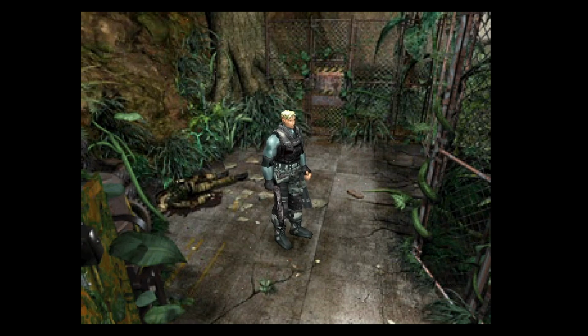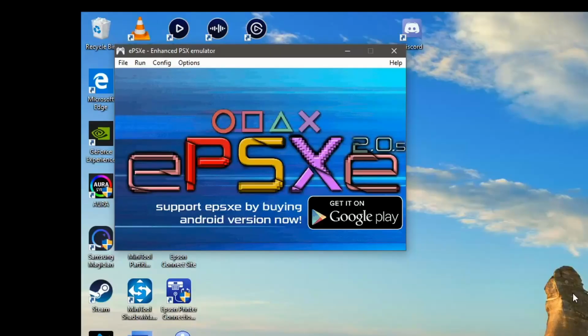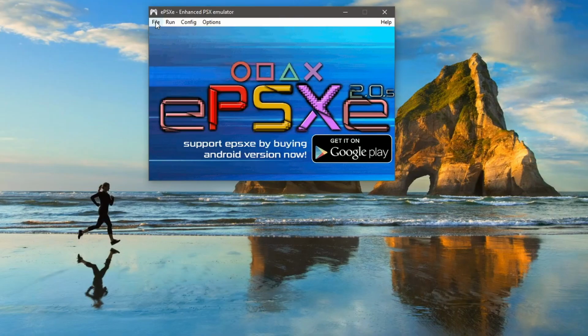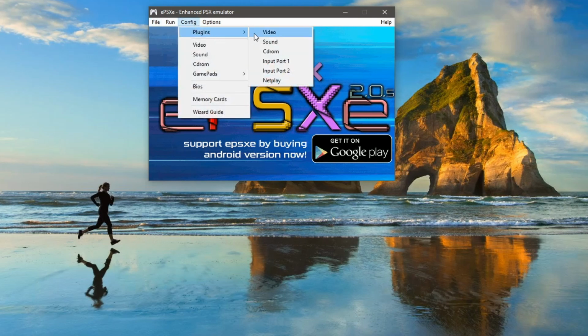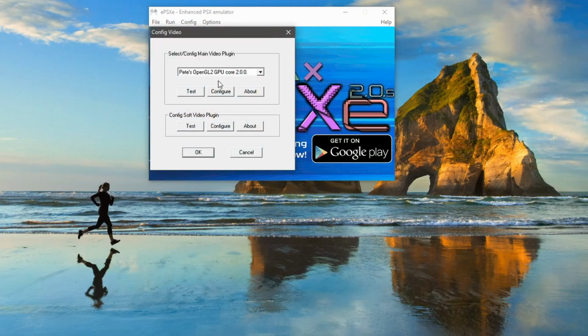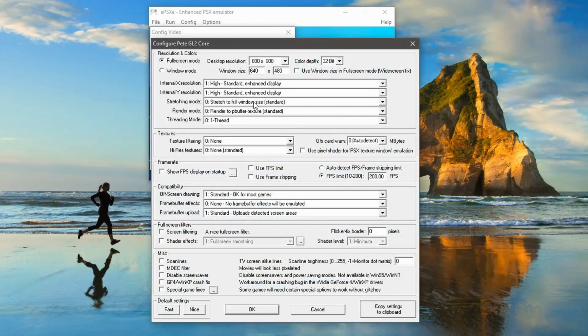Let me press escape. Escape brings you out, so you're going to have to check the controls and see whether we've got some save states and things. So we've seen it running with Dino Crisis 2, let's see whether we can improve the graphics on here. So if we go to config, plugins, video, good old Pete, we'll go configure, see whether we can change some of these resolutions. So full screen mode,